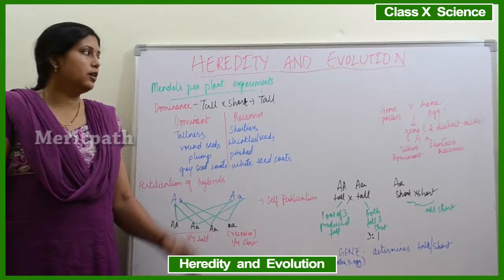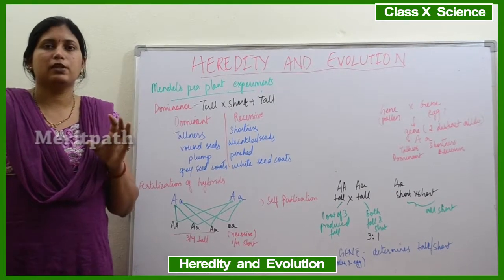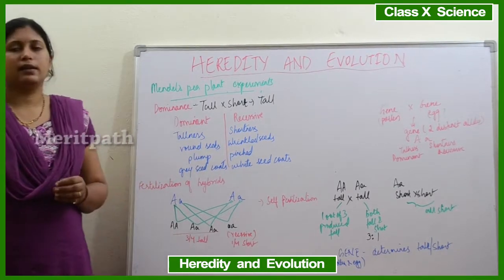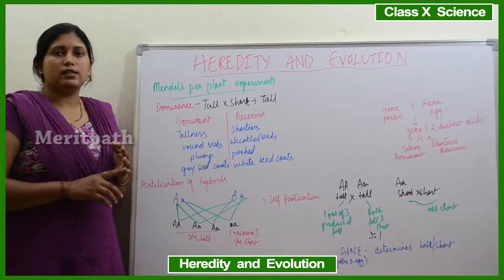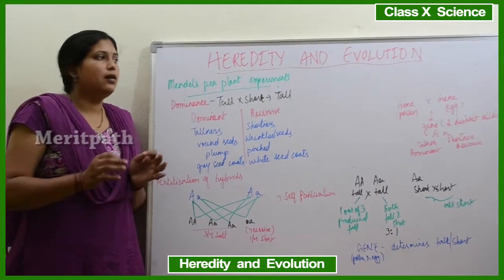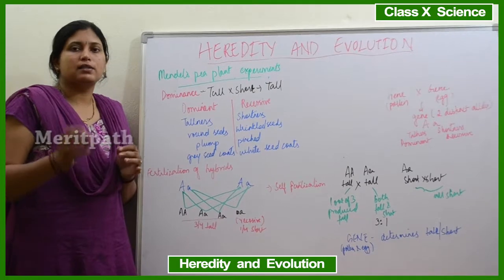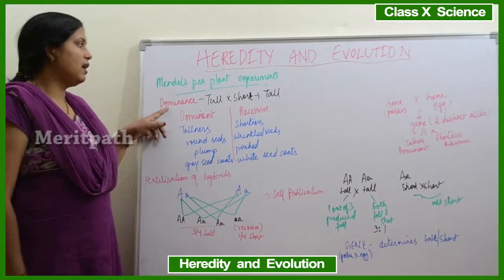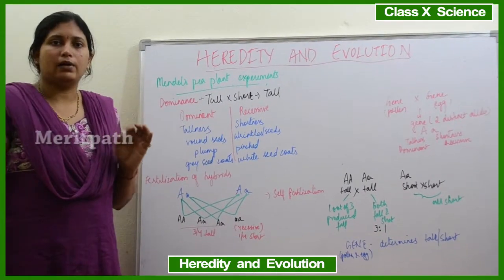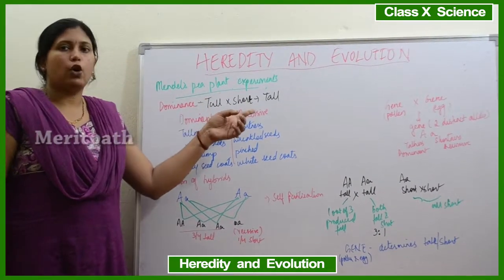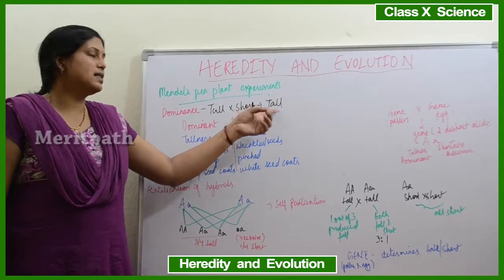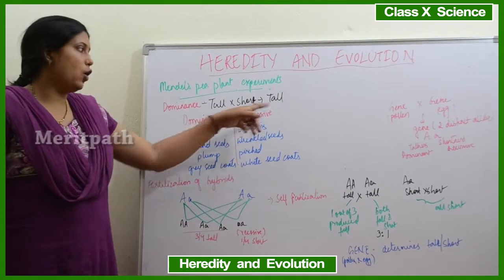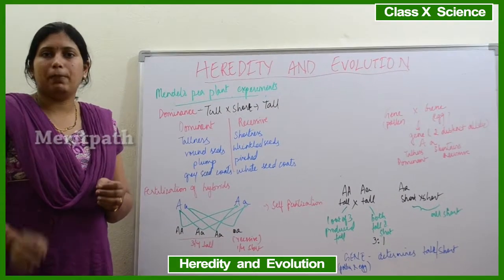So Gregor Johann Mendel did his experiments on the pea plants. So you know now why he selected the pea plants, because they had very contrasting and visible characteristics, and they were biennial plants. That means 2 generations were produced in a single year. So he observed that there was a dominance trait in those pea plants, right? When we cross the tall and the short plant, it always resulted in only tall plants. So thereby he concluded that tallness was a dominant feature in the pea plants.